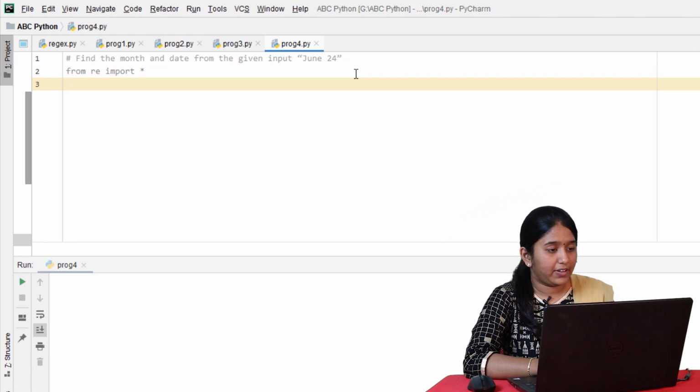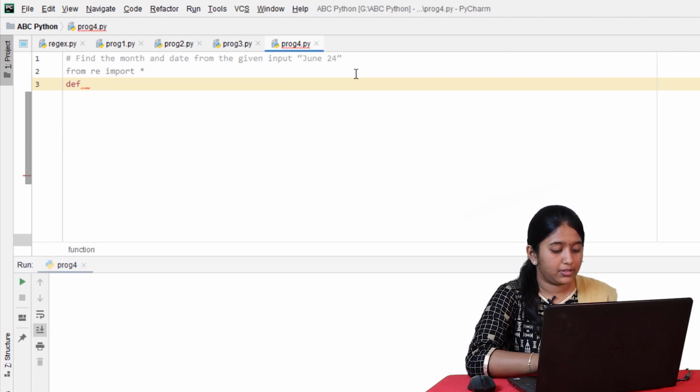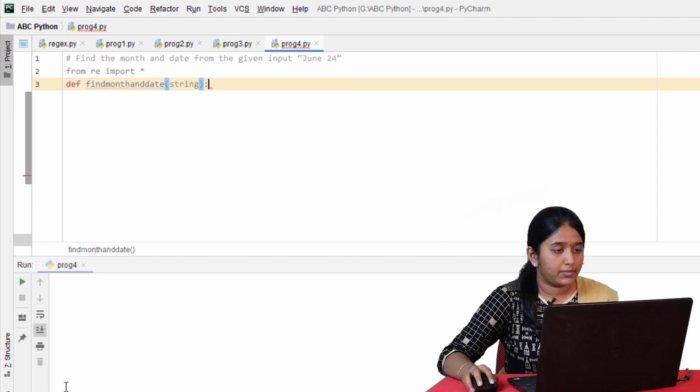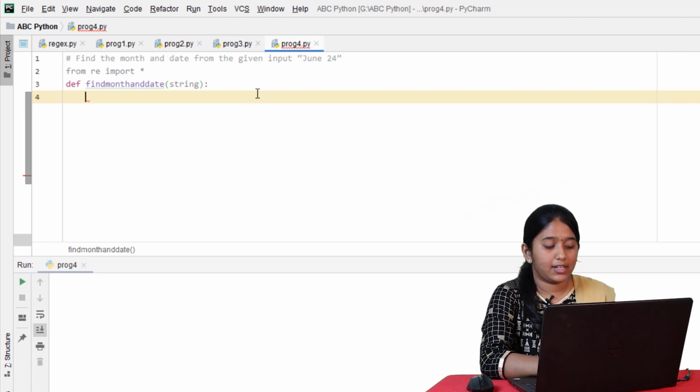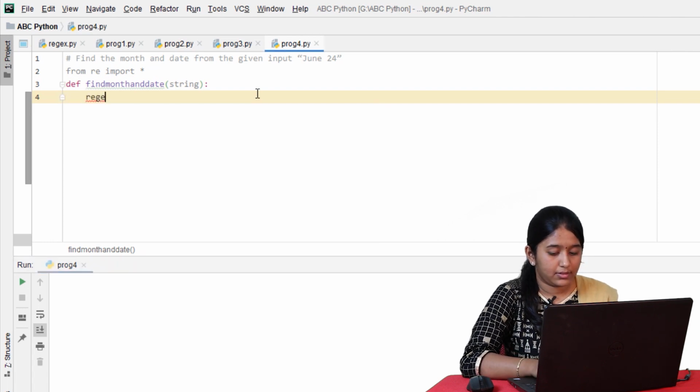First, let's create a function named find month and date and pass the string. And inside it, let's create a regex is equal to.